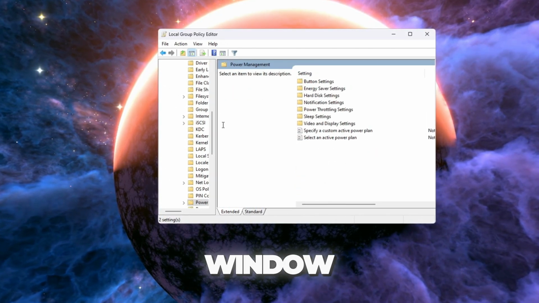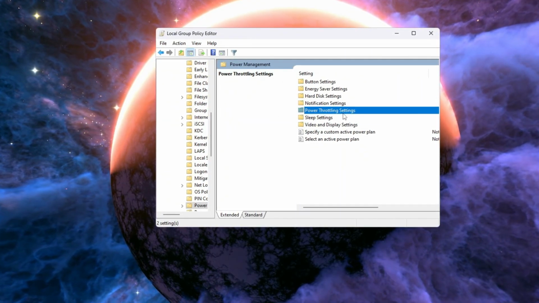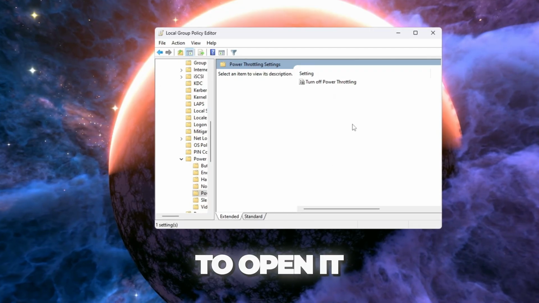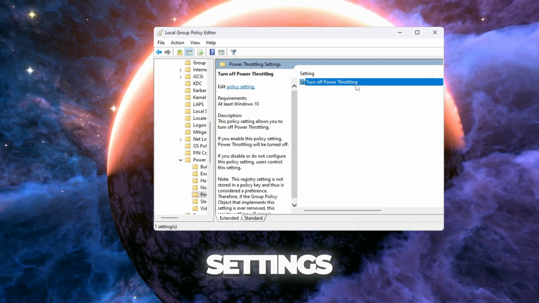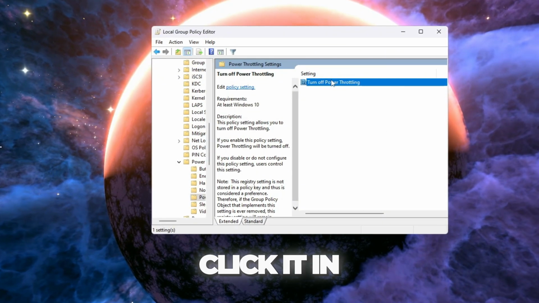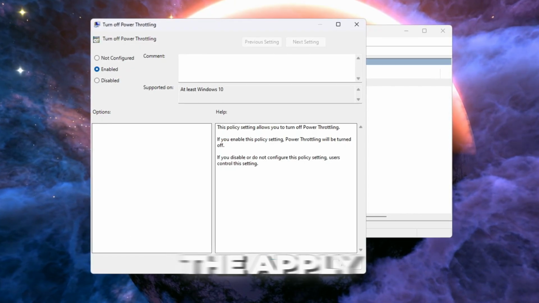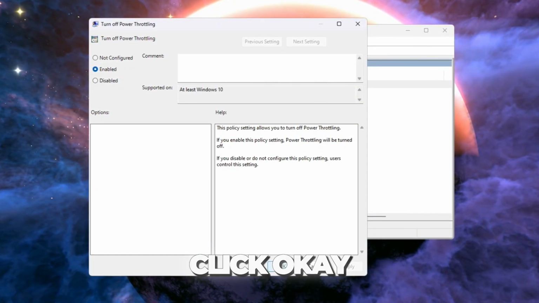On the right side of the window, scroll down until you find the option labeled Power Throttling Settings. Double-click on this option to open it. A new window will appear with different settings. Look for the option called Turn Off Power Throttling and double-click it. In the new window that opens, select the option Enabled, then click the Apply button, and finally click OK to